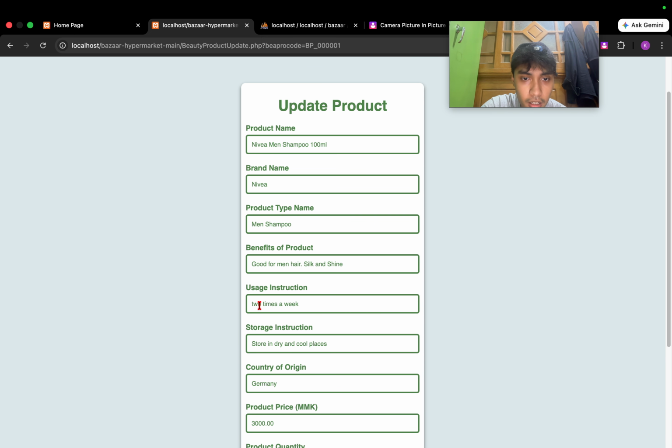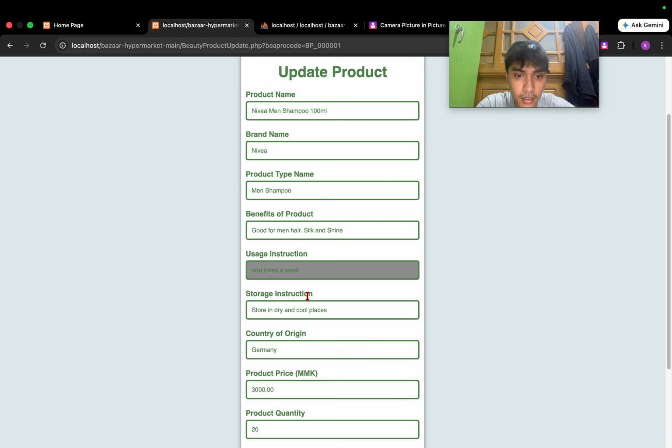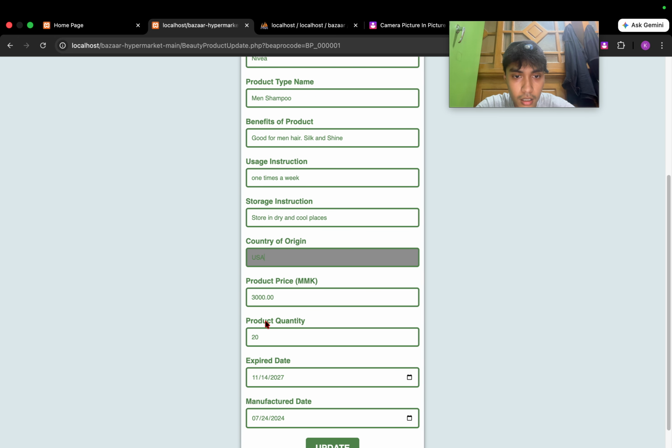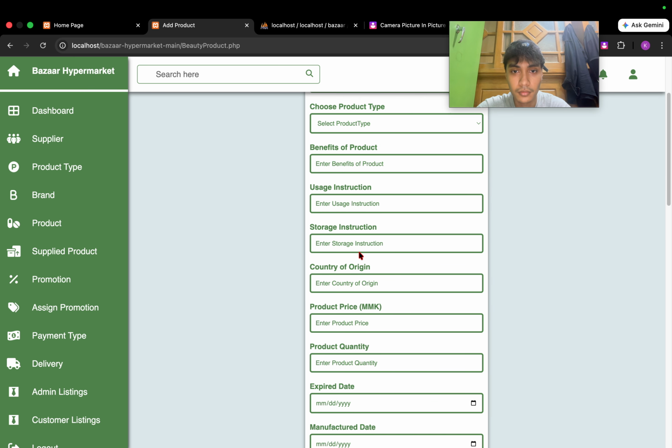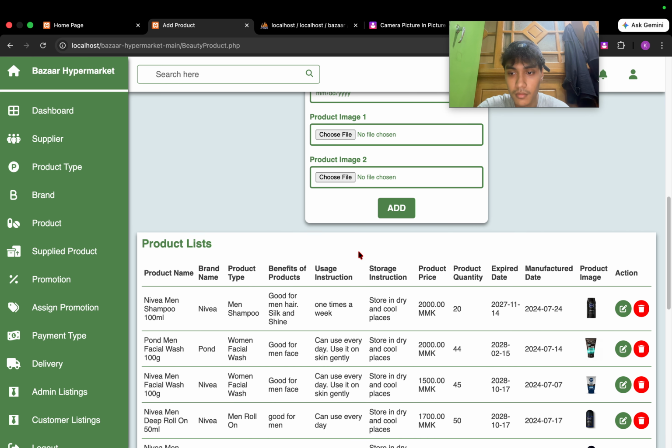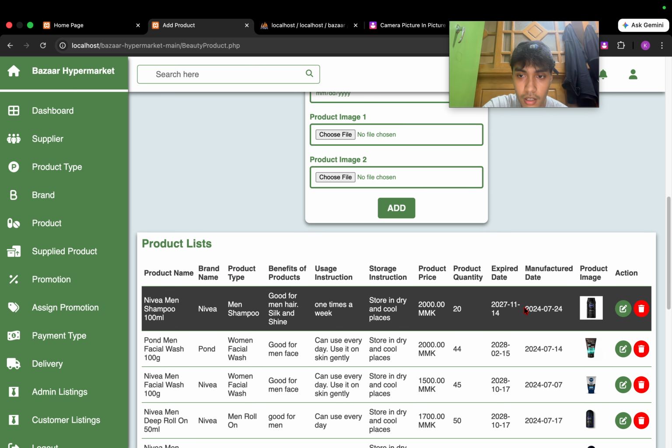I can change the usage instruction, the origin, and the product price to 2000. Click update. A message bar will show that beauty product data was successfully updated. This allows the system to keep product information up to date.